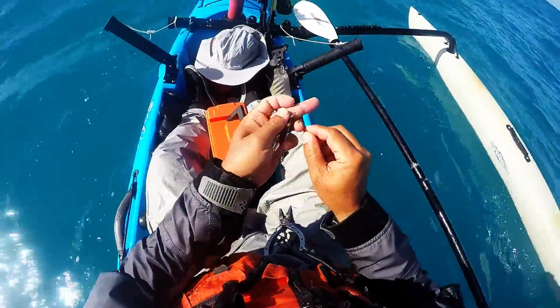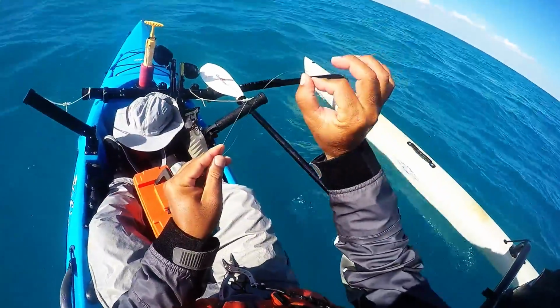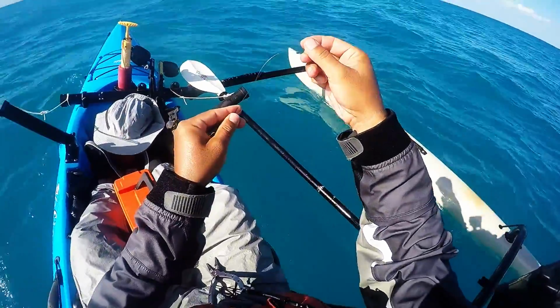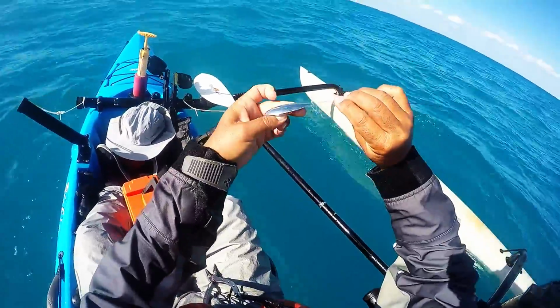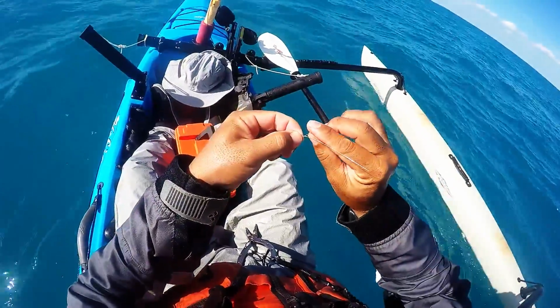Okay, insert it into there, bend it over, give yourself enough for both the wire length that you're going to have and then plus the bend back for where you're going to tie it. Just going to bend it back and pinch it, gives a little bit of room, cross it over to form,